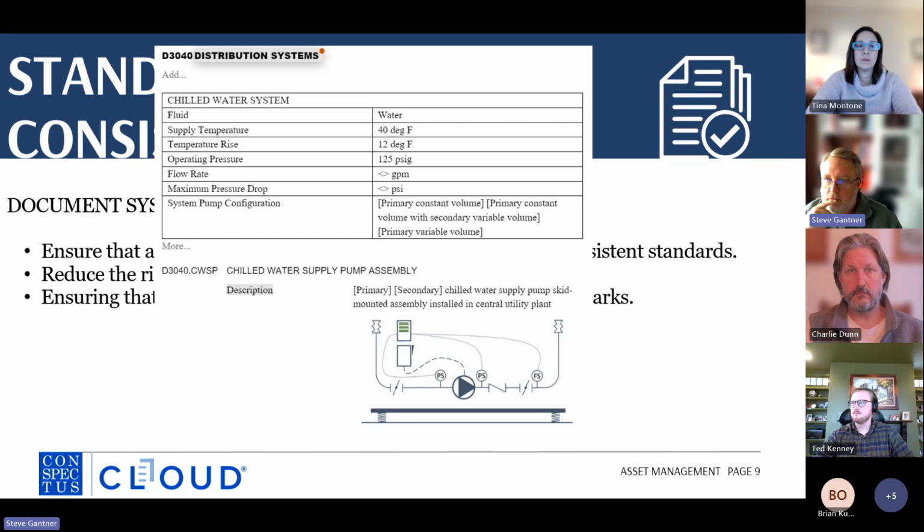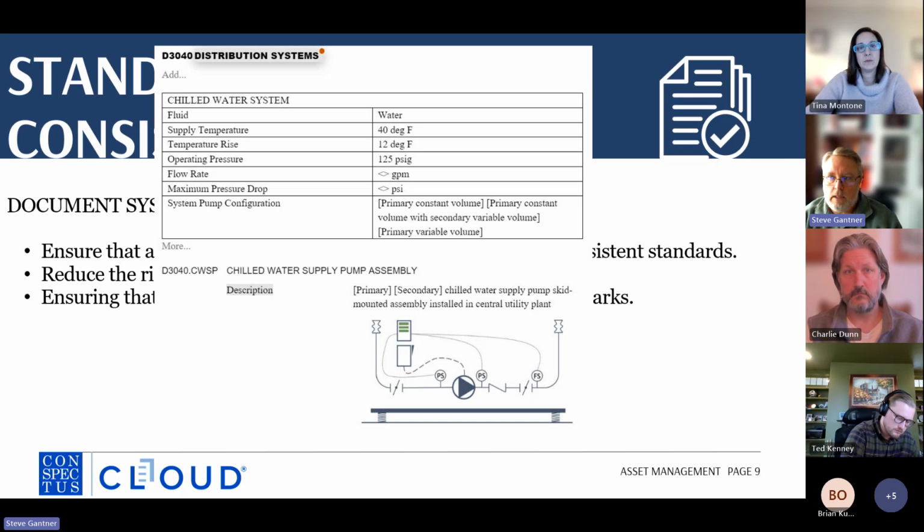This is an example of one of our systems, and I mentioned the chilled water pump. This assembly, you set your criteria for the chilled water system in the table above, and that sets the criteria. That's your performance requirements, and we'll transfer those a little bit later. But this is for the overall chilled water system. Now we're going to dive a little bit deeper, and we're going to talk about the pump assembly to supply